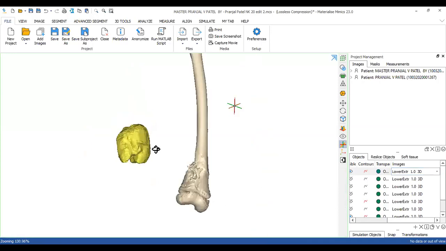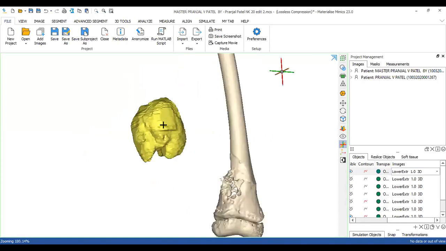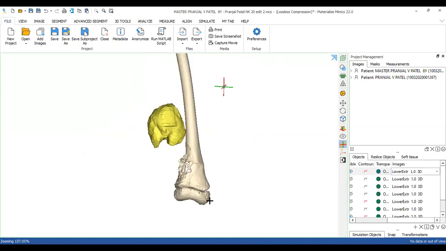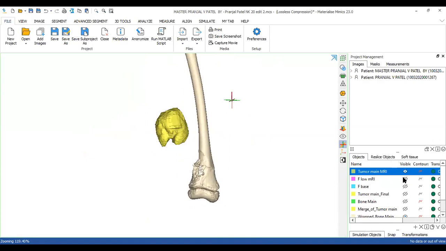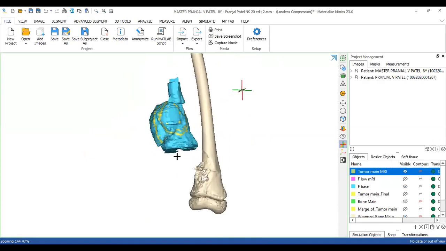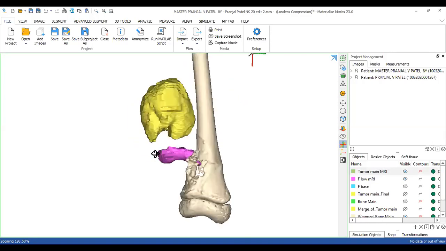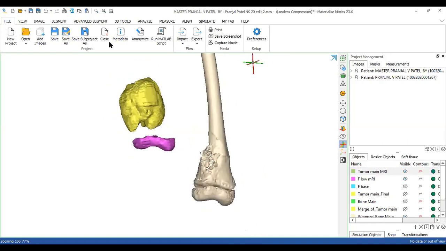Now if you also notice, you cannot directly superimpose the soft tissue onto the bone. Why? Because you need accurate landmarks. Right now, if you see, there are no accurate landmarks to decide what to overlap and how to overlap. So it's important that you do not just do the soft tissue, but also take some of the bony component. So if I were to show here, this is how it looks like. What I did is I took a small section of the distal femur bone from the MRI and the tumor. Then I just merge these two files.